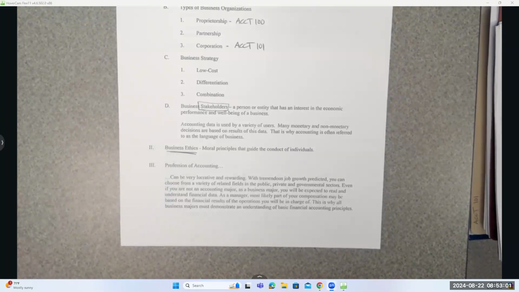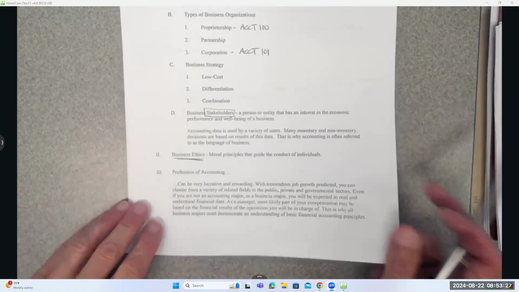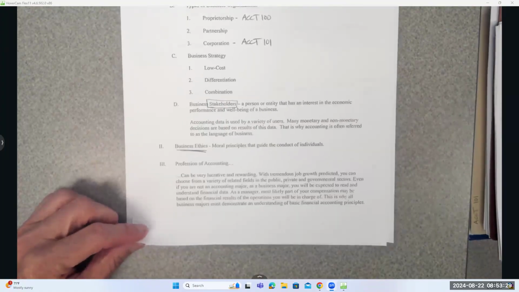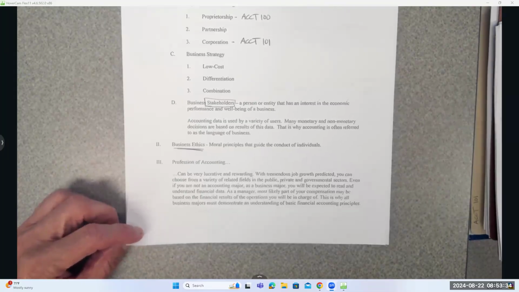So that's why, because we are dealing with other people's money, and that is a very sensitive topic. So we need to also make sure that we are doing that within all of the laws and identifying things that we see that aren't quite right, so that what we are reporting is as accurate as possible. So we have a 4-unit class for business accounting ethics, and then there's also other business ethics courses, which,